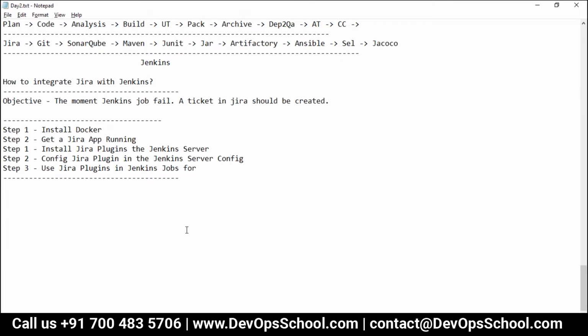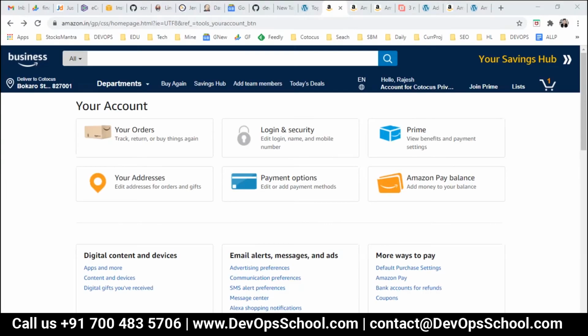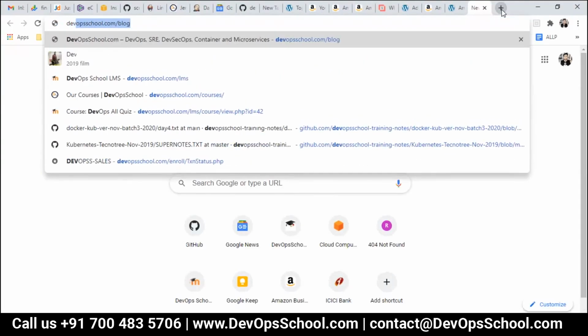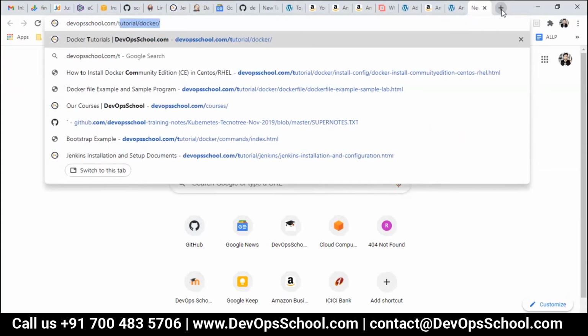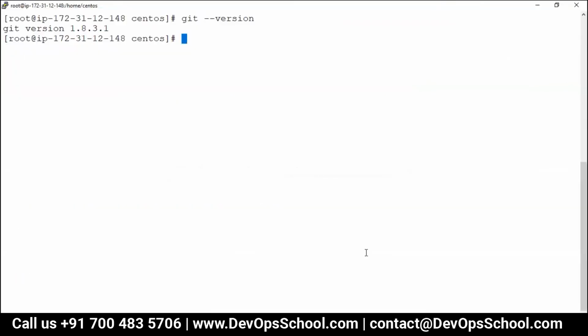So same thing, I am going to do that. So here I am going to install Docker. You know that yesterday we did it. So here is the tutorial. This is the step. You will not do that.